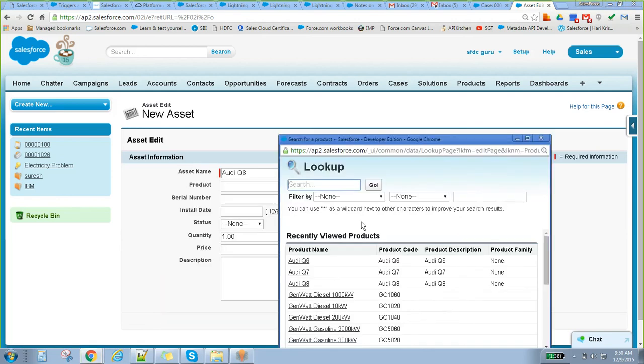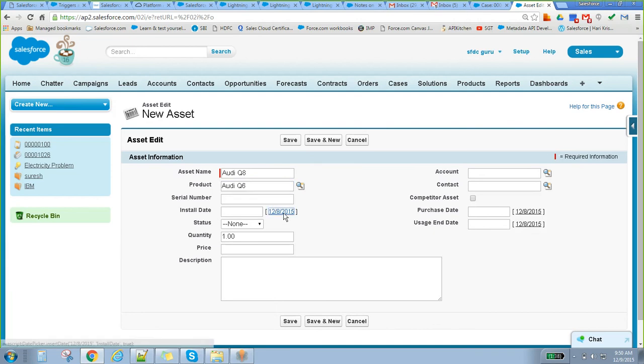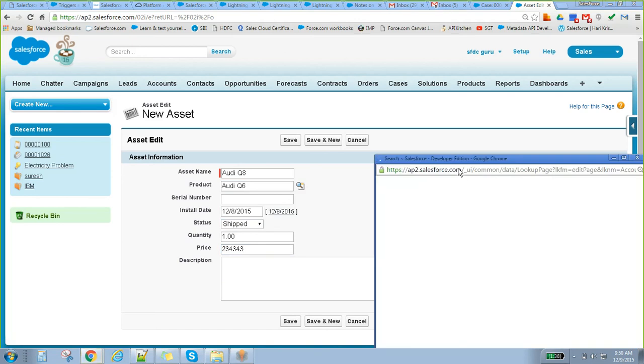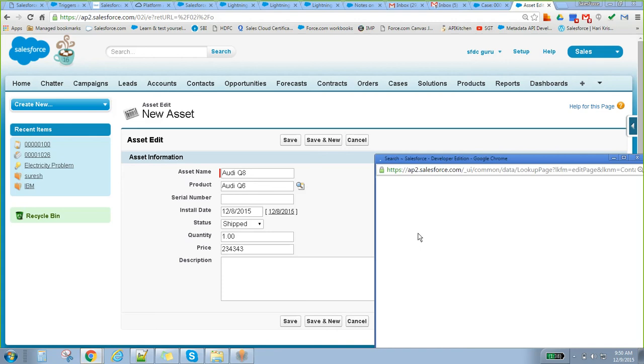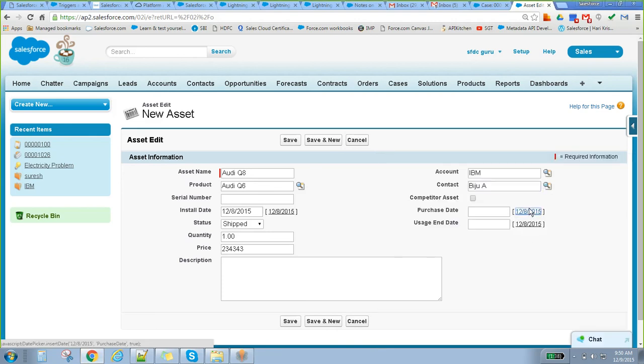When we bought, what is the status, quantity, price, all those things. Which account? IBM account. What is the contact? The contact is Biju. What is the purchase date? What is the usage end date? These things.